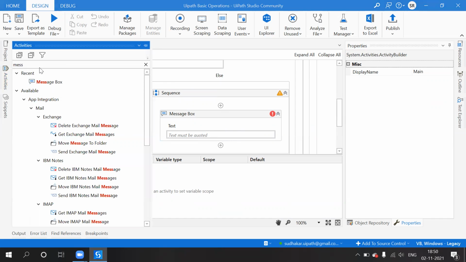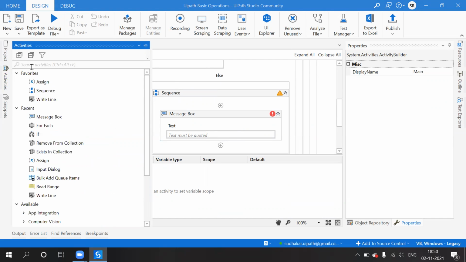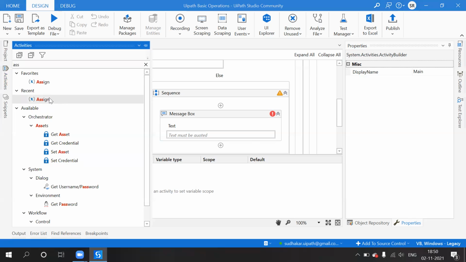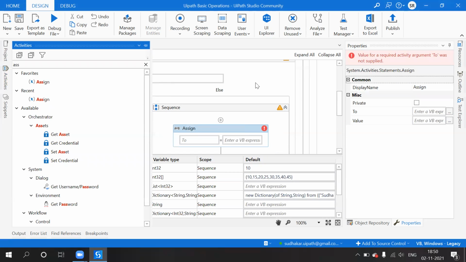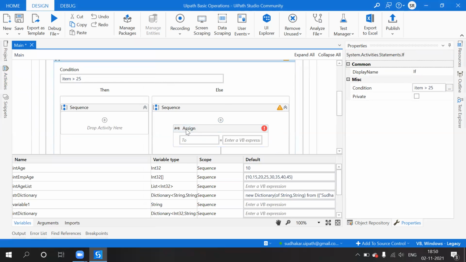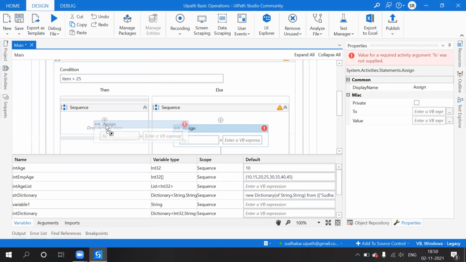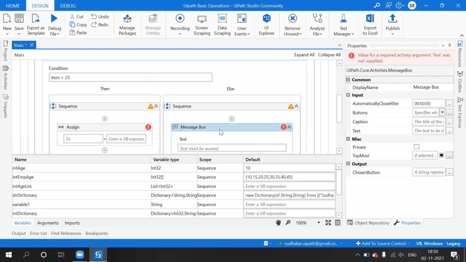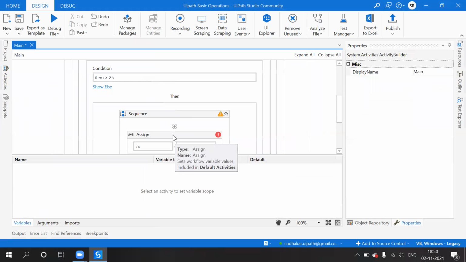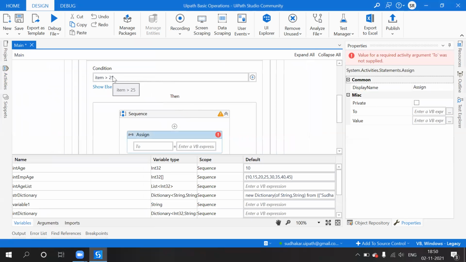So what we do is assign. If it is more than 25, what do we do?